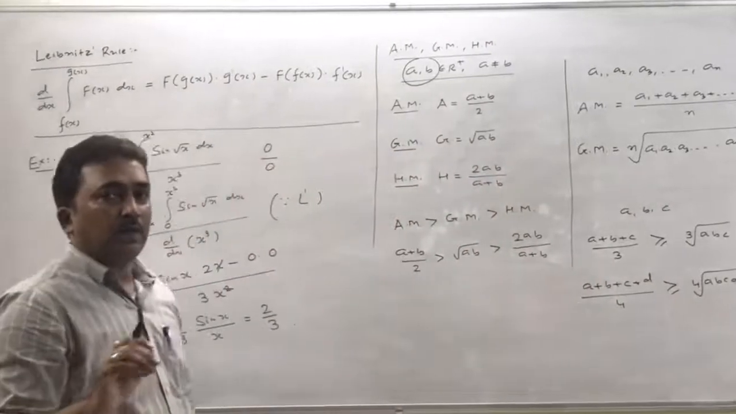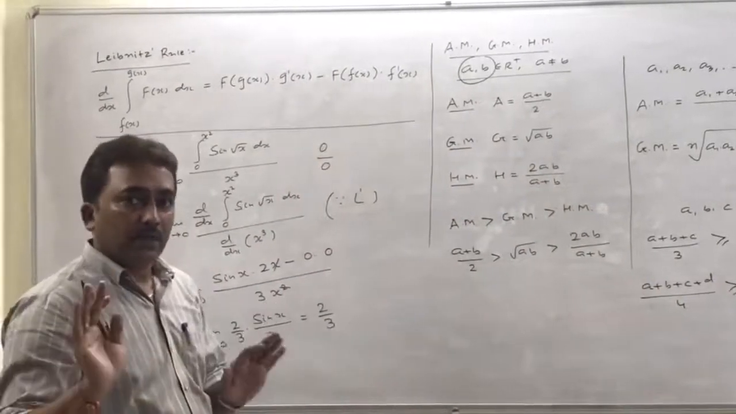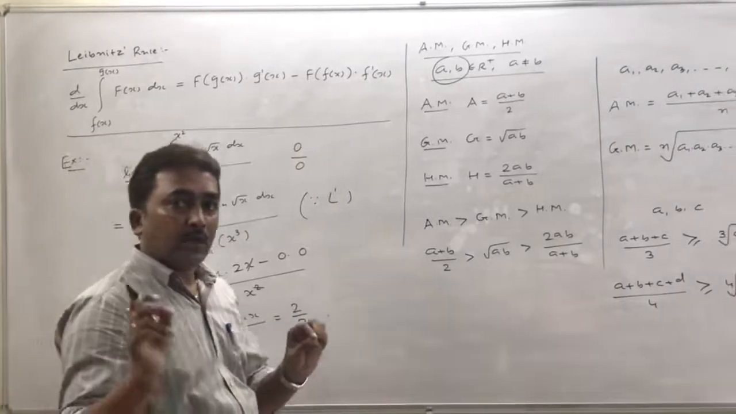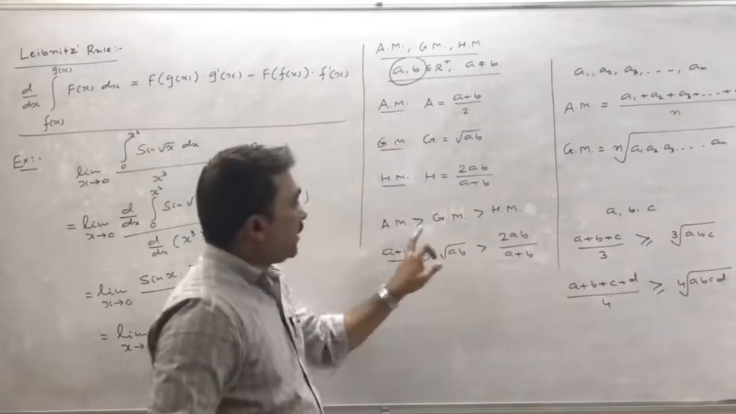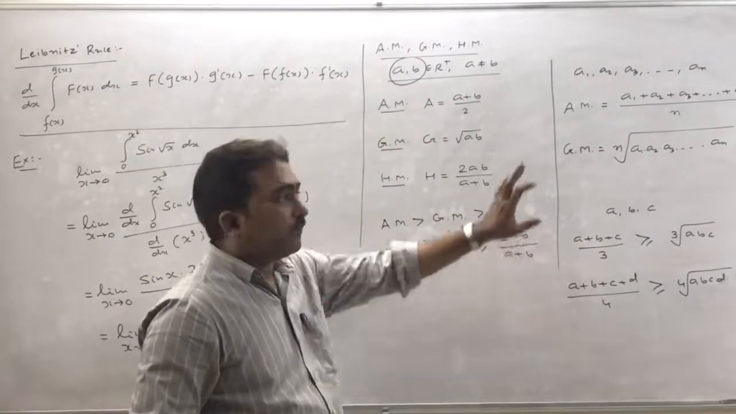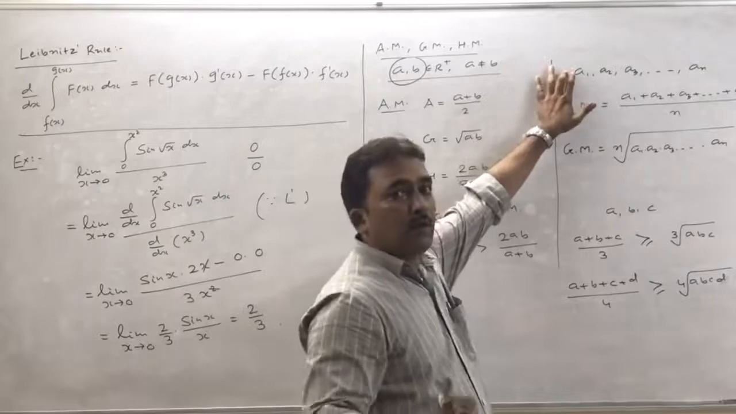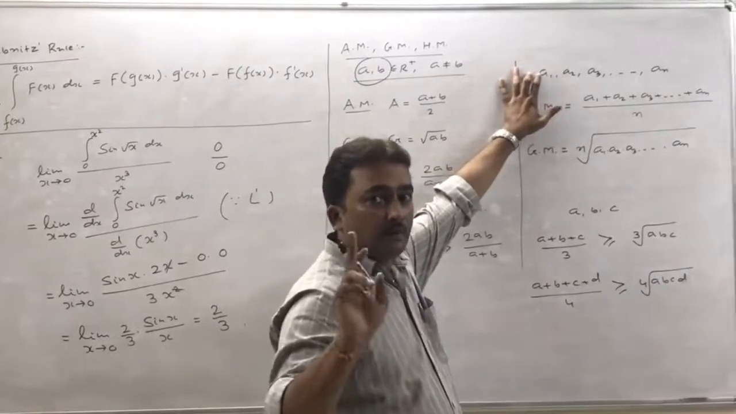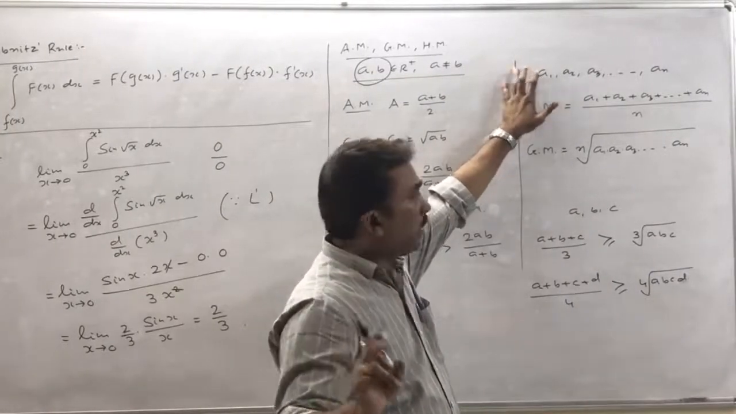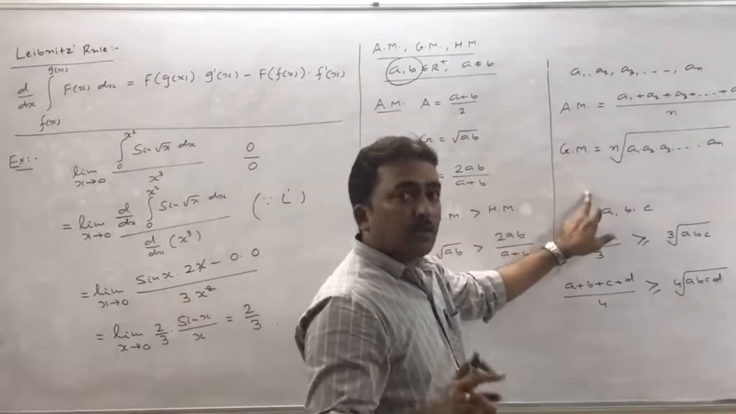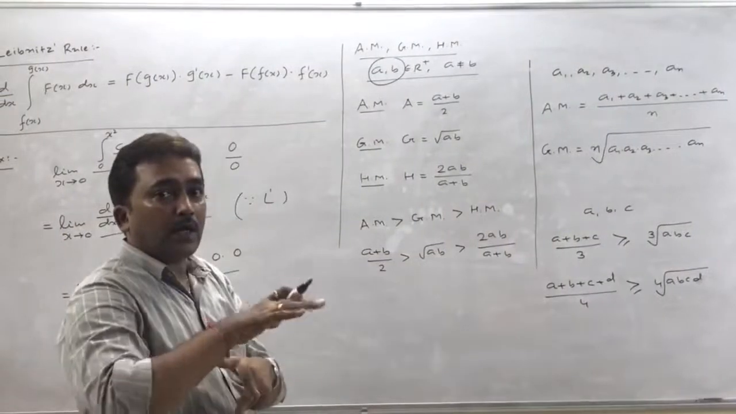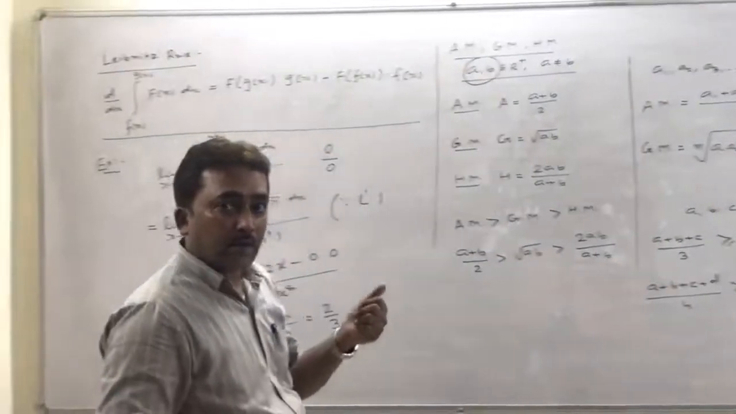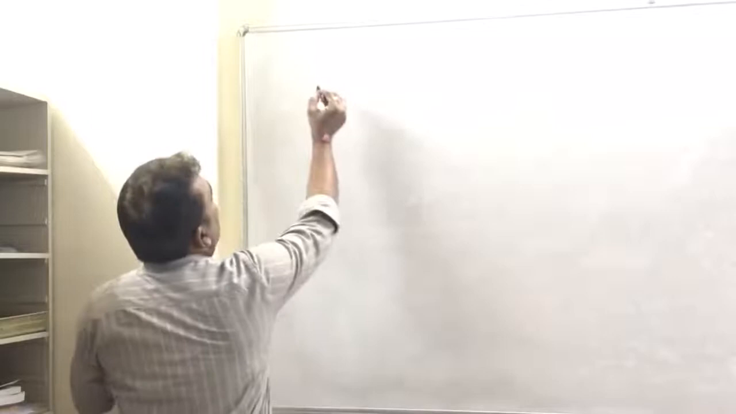And in general, the arithmetic mean is always greater than or equal to the geometric mean. Equality is possible if and only if all the terms are equal. If all the terms are equal, then equal, otherwise greater. Arithmetic mean greater than geometric mean greater than harmonic mean. And for n terms, we do not discuss harmonic mean. You have to remember the formulas for n terms for arithmetic mean and geometric mean. Is it clear? Now, in trigonometry,